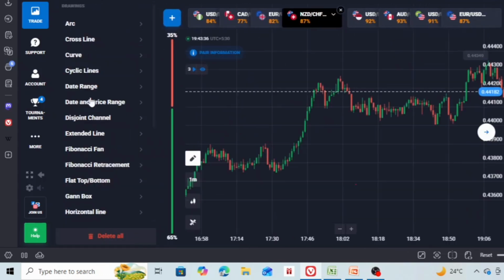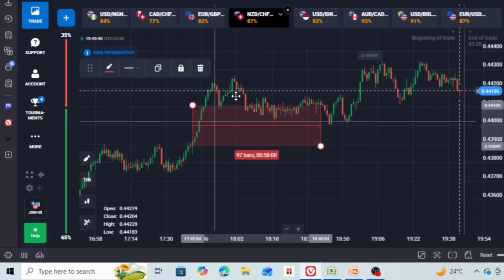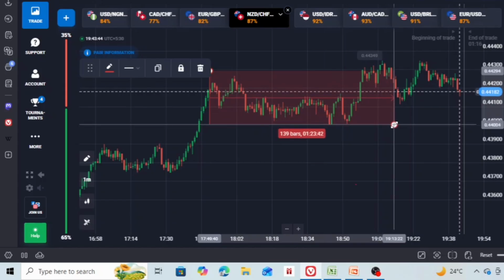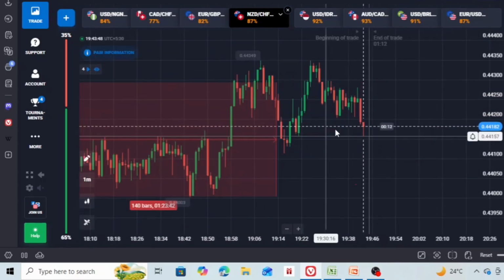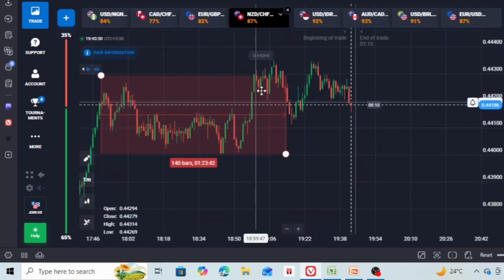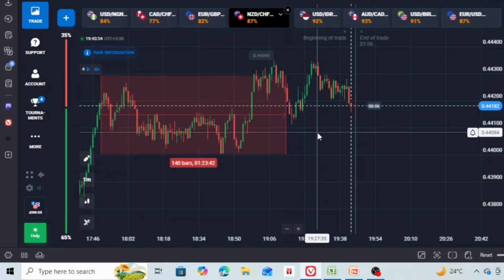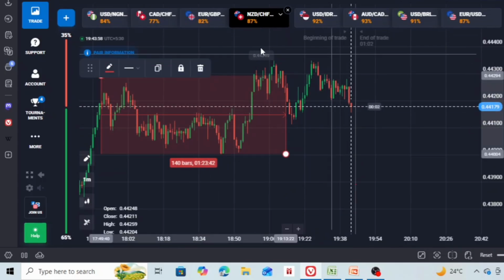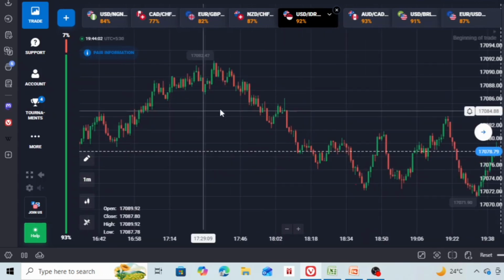Okay, so the market was ranging in this area. Okay, it has a breakout to the upper direction here. So the inducement, okay, we have the higher high here. Okay, so the inducement is here. We don't have the higher high. The inducement did not mitigate it. Okay, let's just forget about that. And then this one,